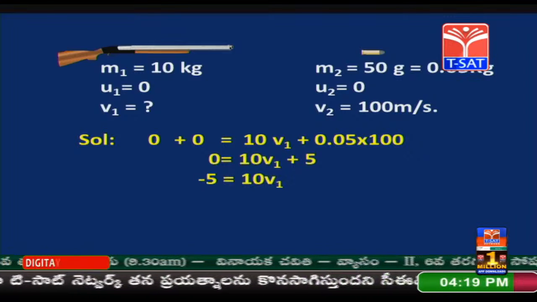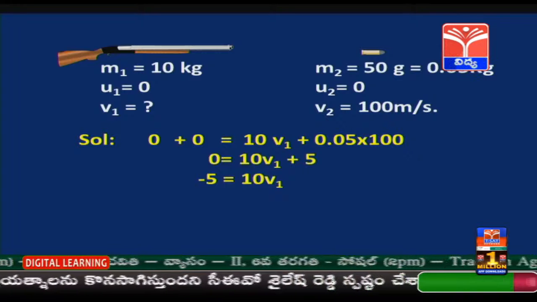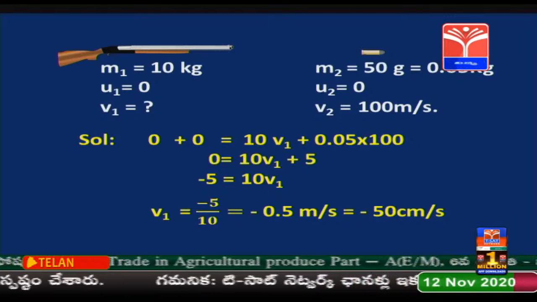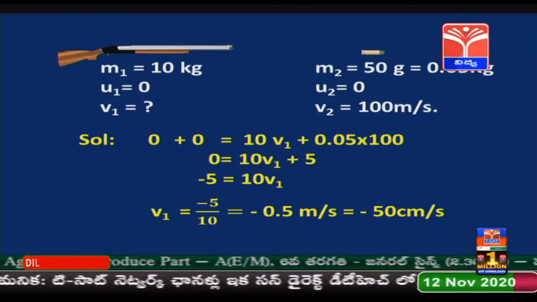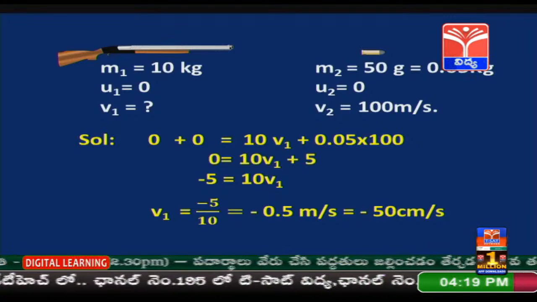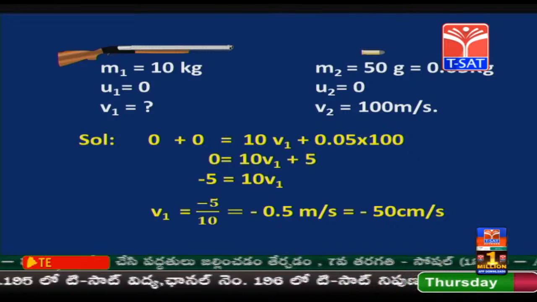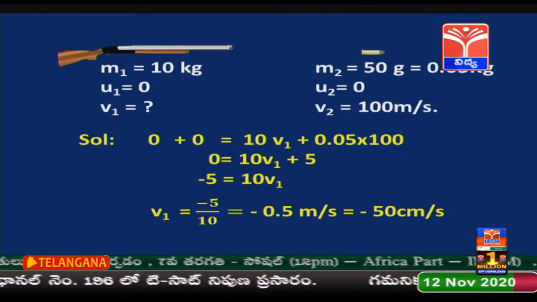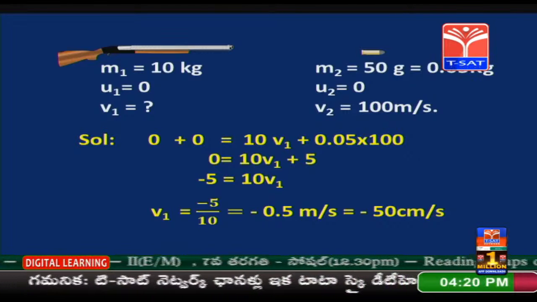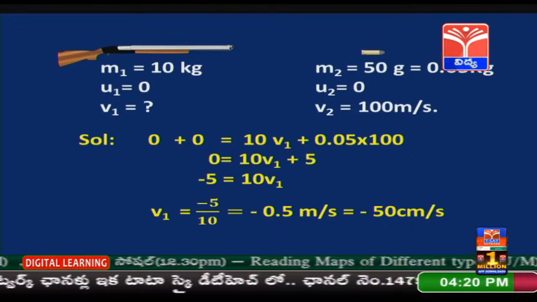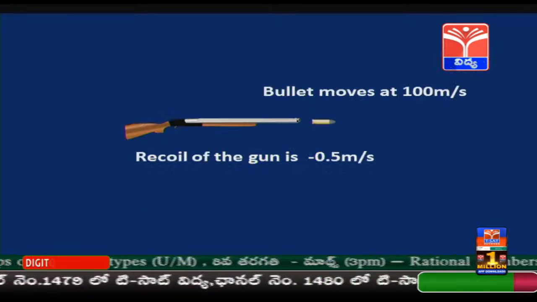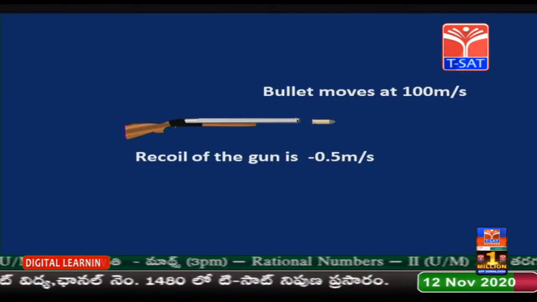So, we get minus 5 equal to 10 v1, and v1 is equal to minus 5 by 10, which is minus 0.5 meters per second, and the negative sign here indicates that the gun travels in the direction opposite to the velocity of the bullet. So, 0.5 meters per second, when we write in centimeters, it is minus 50 centimeters per second. So, when the bullet moves at 100 meters per second, recoil of the gun is minus